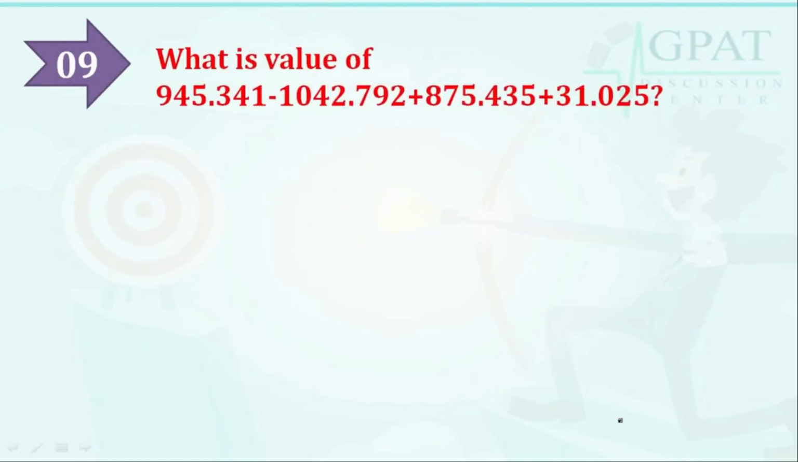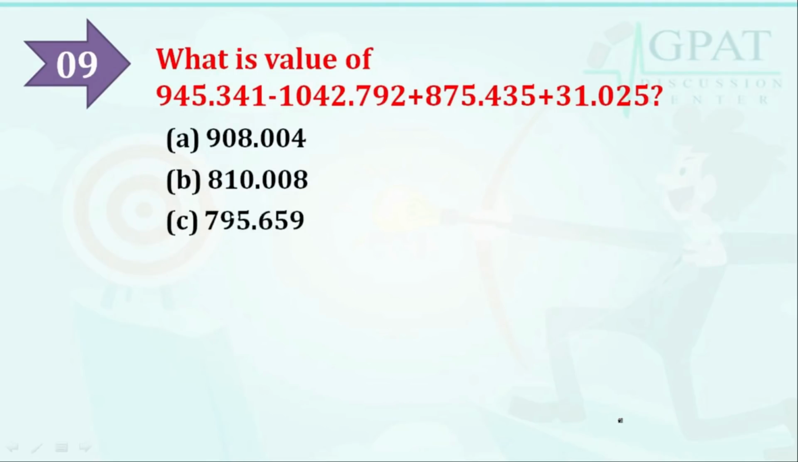What is the value of 9445.341 minus 1042.792 plus these, so what is the value after this? And the options are 908.004, 810.008, option C 795.657,